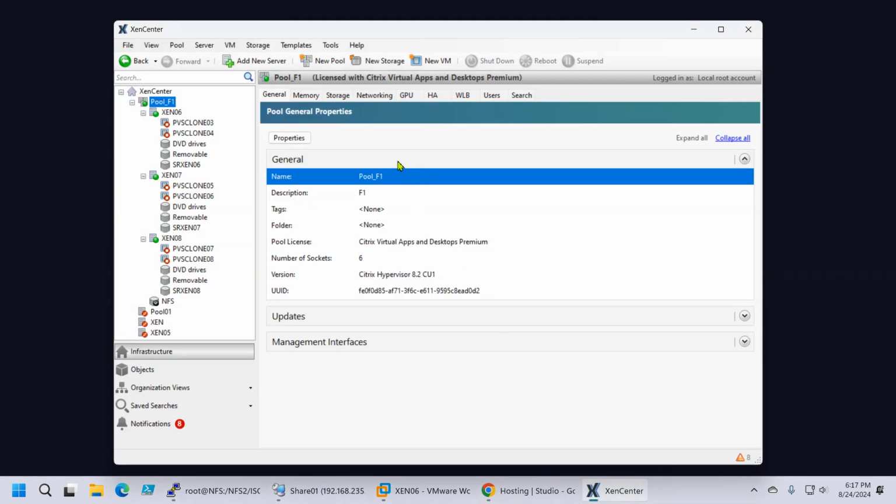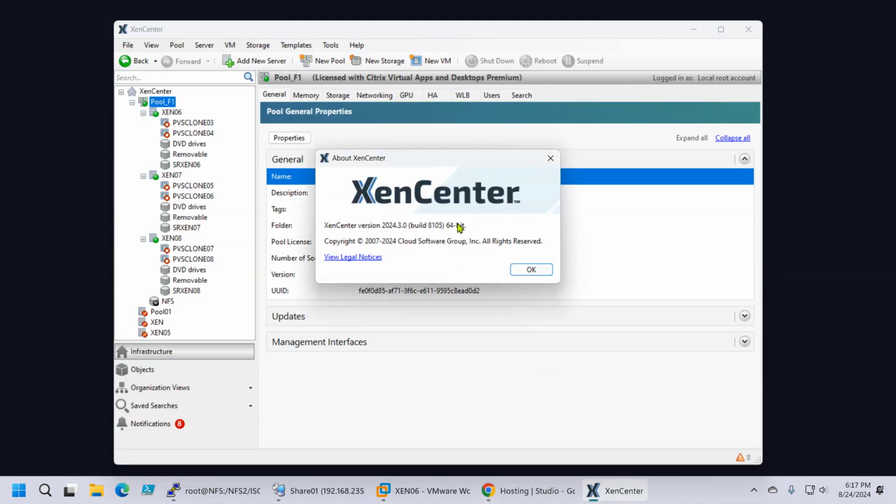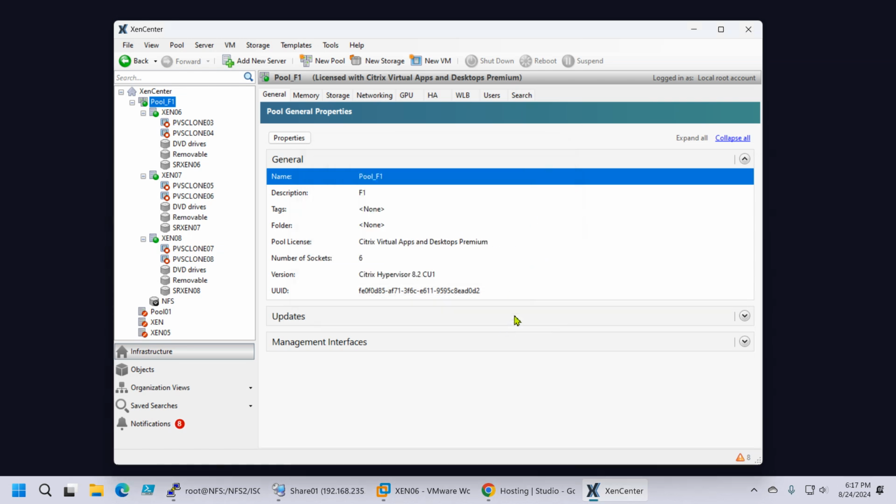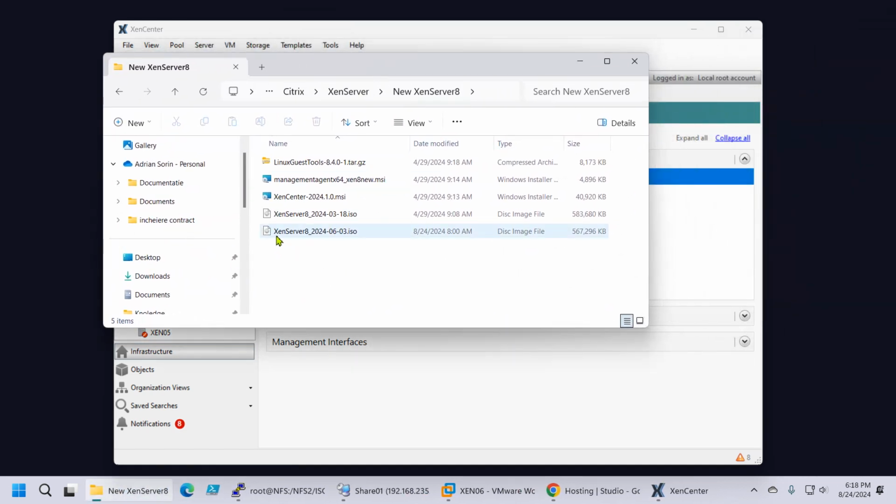For this I have the latest XenCenter 2024.3, and this morning I downloaded the latest version of the XenServer from their official page, and it looks like this: XenServer 8, 3rd of June 2024. Okay,